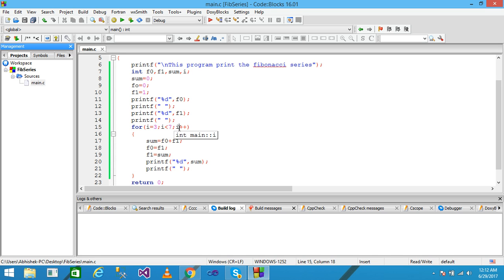this time the value of i is 6 and the condition is true, and this time the value of f0 is 2 and the value of f1 is 3, and 2 plus 3, 5, is assigned into the sum, and the value of f1, 3, is assigned into f0, and the value of sum, 5, is assigned into f1, and simply print the value of sum, 5, onto the screen and take the blank space, and the value of i is incremented by 1, and this time the value of i is 7 and the condition is false, so the loop is terminated, and